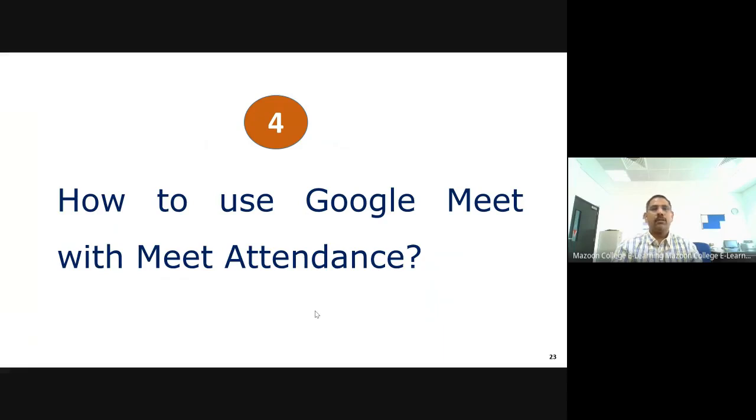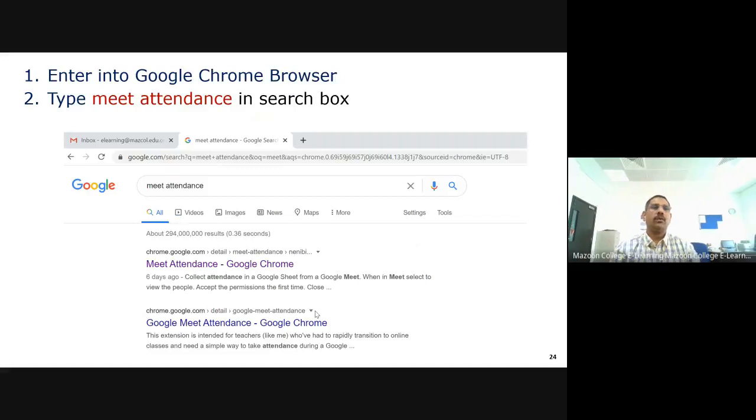I will show it in the PPT itself. First of all, we need the Google Chrome browser, because this belongs to Google, so they gave this option only to Google Chrome. You need to install Google Chrome on your computer, then only this option will come. It is best to use Chrome, because everything is Google-related and they will give the additional information.